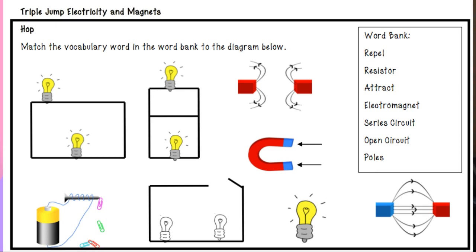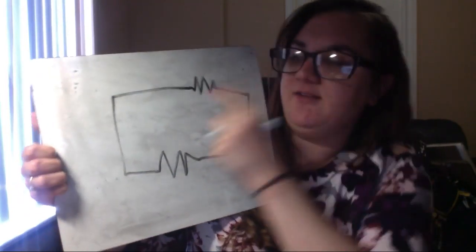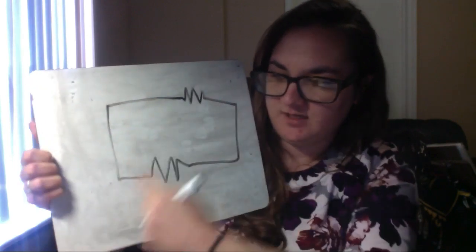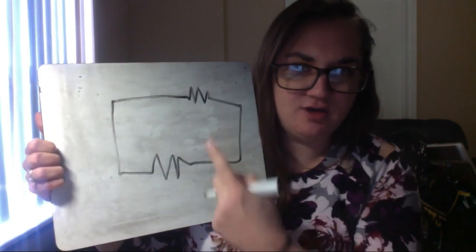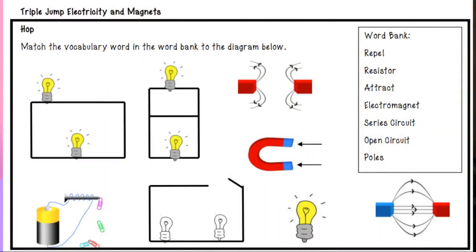So this first one that shows a single line with 2 light bulbs on it, I'm actually going to transfer these images to more of a circuit diagram, mostly because my drawing skills are terrible. So we have a circuit here that has 2 resistors. Now, think about it. If I was running on this path, do I only have one way that I could go, or are there more than one way? There's only one way I can go. So series have a single path. So that is a series circuit.